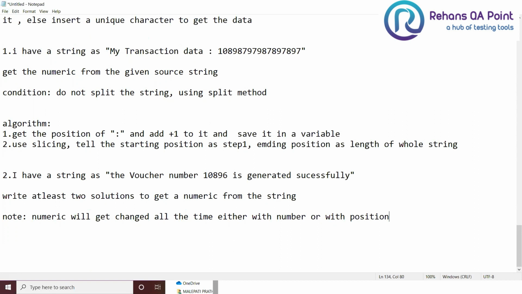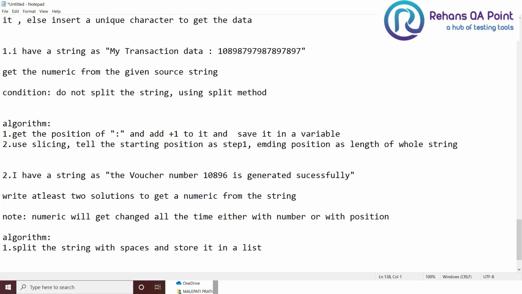So first, what is my algorithm going to look like? Split the string with spaces and store it in a list.